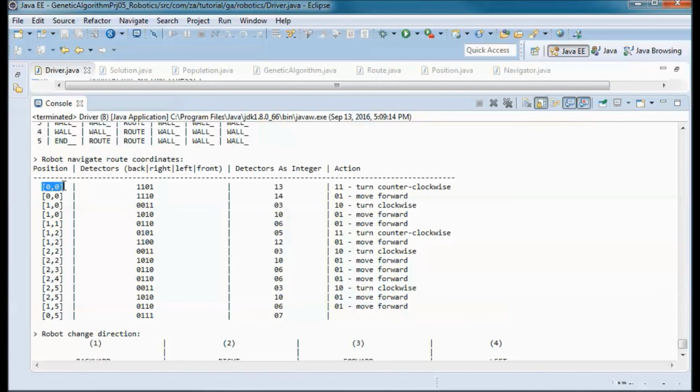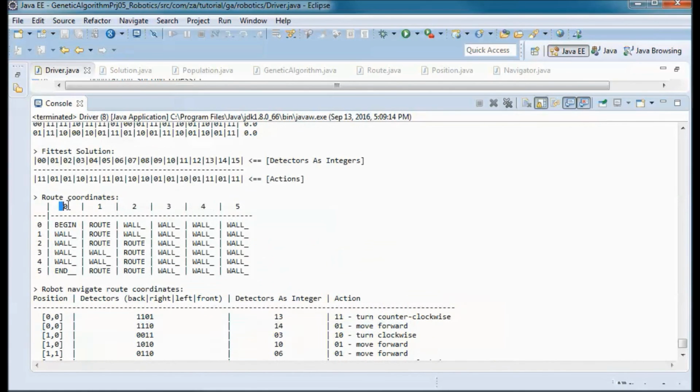So here we're position 0, 0, 0, 1, 1, 0. So this is 0, 0, and this is 0, 1, and actually this is 1, 1, and this is 1, 0.